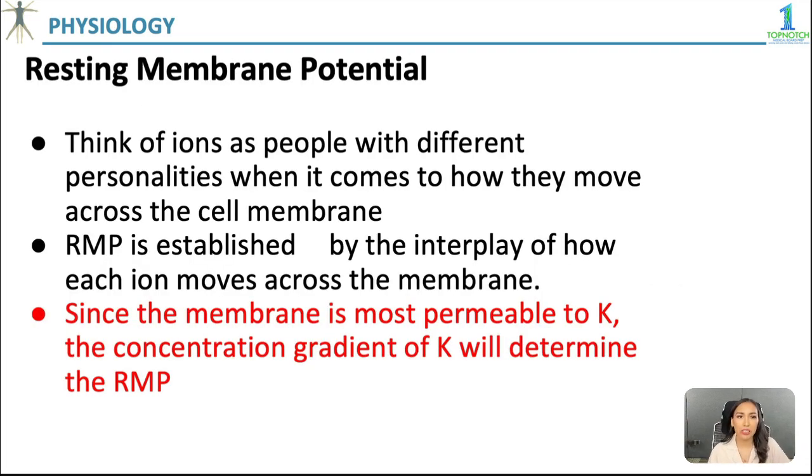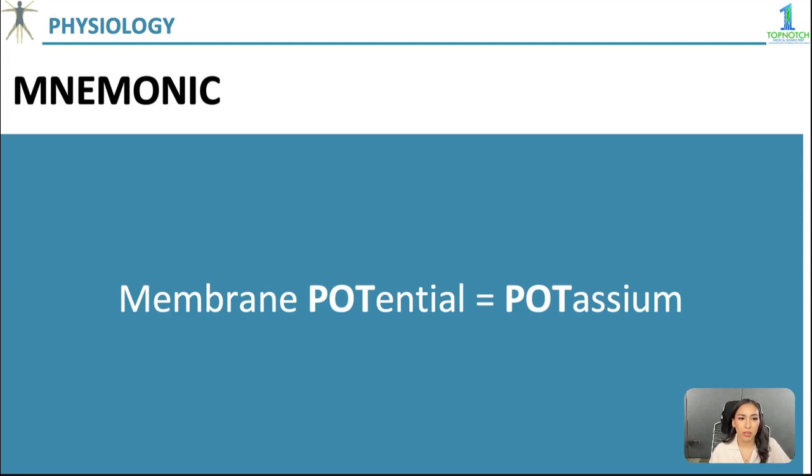Bakit? Let's discuss the resting membrane potential. Think of ions as people with different personalities when it comes to how they move across the cell membrane. So may kanya-kanya silang inherent characteristics in how they move. Okay, RMP is established by the interplay of how each ion moves across the membrane. And since the membrane is most permeable to potassium, the concentration gradient of potassium will determine the resting membrane potential. How do you remember this? Membrane potential,